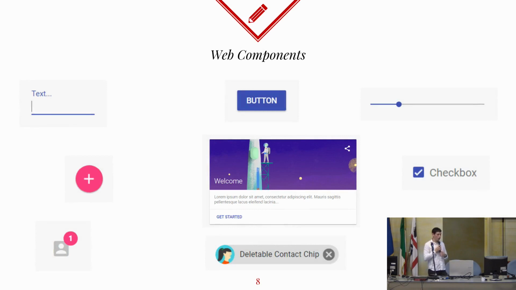So you have a lot of components, going from buttons to input fields, to cards, some chips. There is really a lot of things with that. Those things were described by Google and were easy to do, but we needed more.